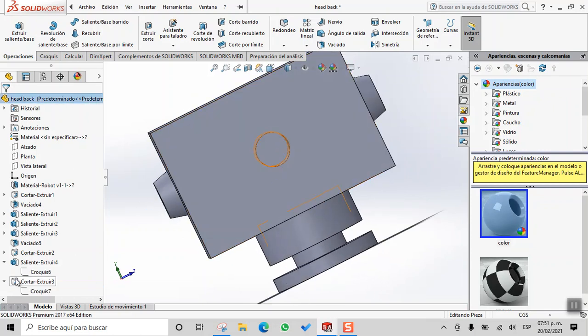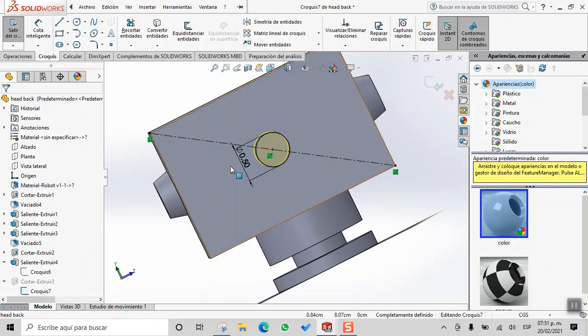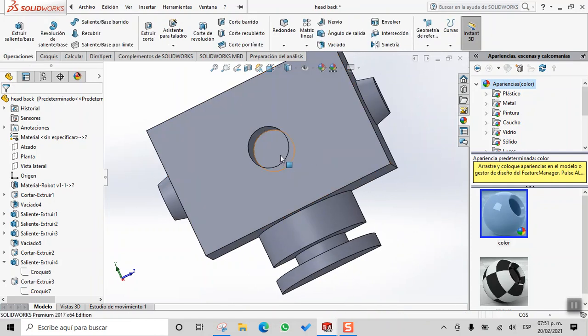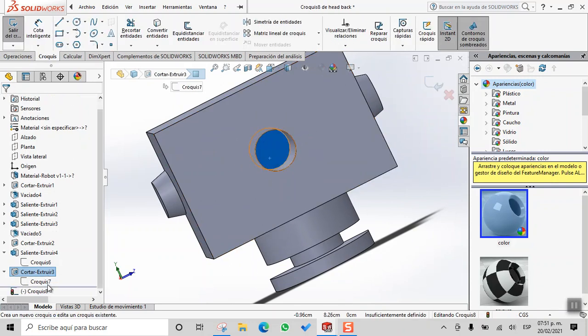I don't know. The good thing about SolidWorks is that we can change any values if we encounter errors. So right here we need to create a new sketch,